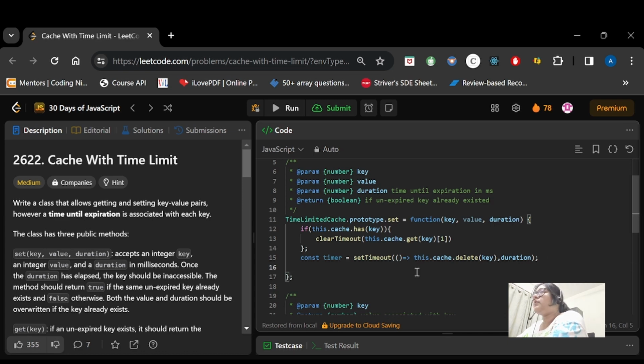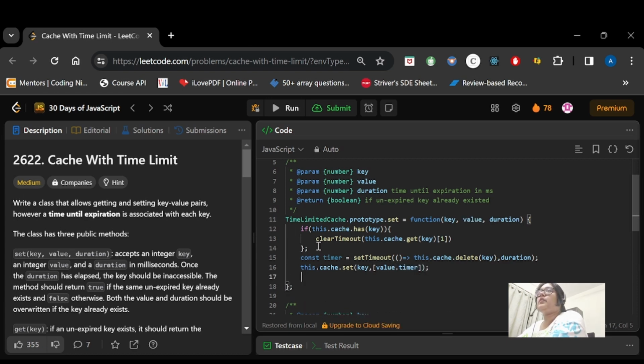So we will do this.cache.set(key, and it will have value and timer, right? And we need to return true if we have found the value.